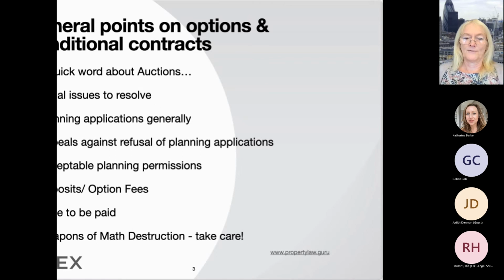However, if the option fee is lower than the nil rate figure appropriate for whether it's residential or commercial property, 125 or 150,000 respectively, it is not subject to SDLT. But when the purchase goes through, then the consideration is normally going to be the deposit fee and the option fee and the final payment all added together. Okay? It does get complicated where there are assignments to non-connected parties, but that's another lecture, another time.